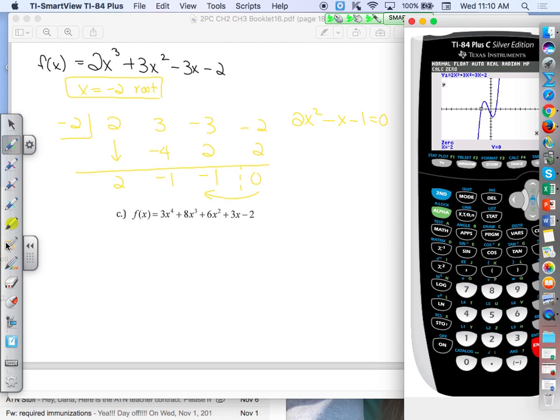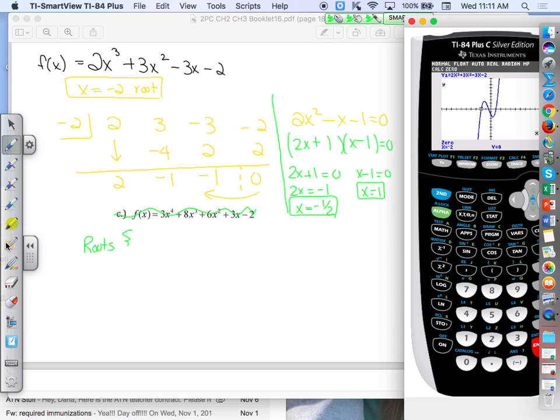Now, like we said, that should factor for you because all of the problems I gave you tonight have rational roots. So I need factors of 1, which are 1 and 1. It's going to be a minus there and a plus there. So -2x plus 1x will give you -x. Set each factor equal to 0. So x is 1. This would give me 2x is -1, so x is -1/2. So let me get rid of this thing. So for this one, my roots are the -2 that I started with, the -1/2 that I found by factoring,